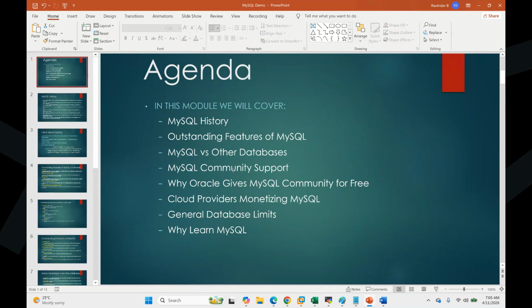It is open source, so how do you get support if you want, who can help you if you run into issues, and how can we approach Oracle in terms of support. If you go to the enterprise, there will be support. If you go to the community model, you need to buy a yearly support model. I'll explain that as well. Why is Oracle giving MySQL to us free as an open source community?